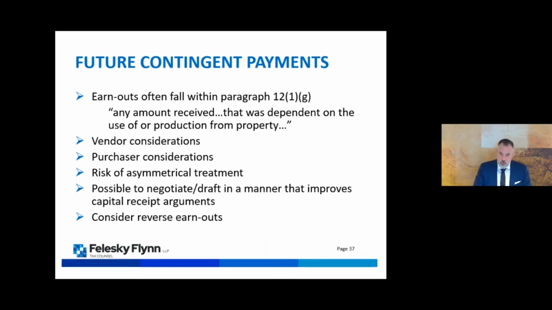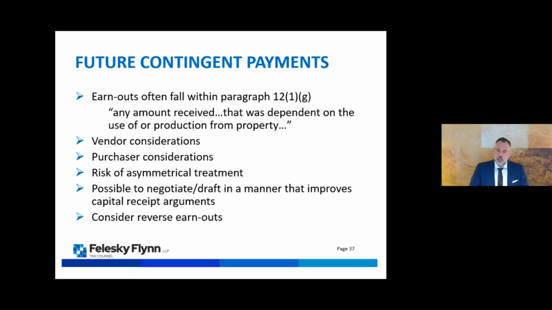And from the purchaser's perspective, usually that's a payment on account of capital still. So there's a real risk of asymmetrical treatment with these future contingent payments. And so the tax group should be getting involved, looking at those provisions and thinking about them, and at the very least having people prepared for what the treatment will be. But even better is when you can get involved in the negotiation and drafting, it's sometimes possible to improve that treatment